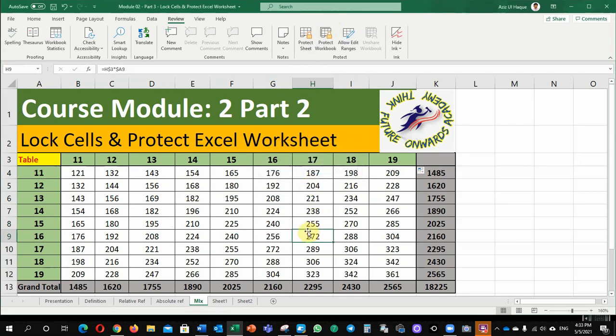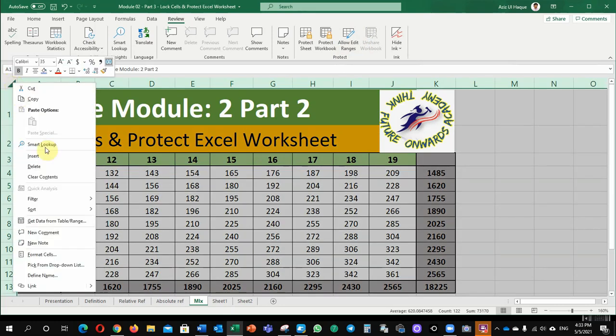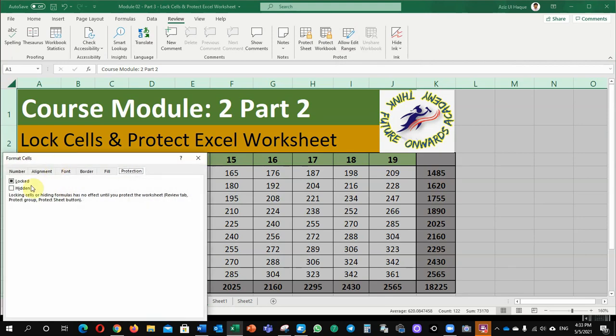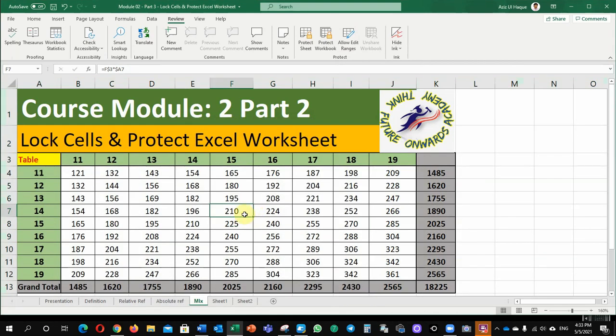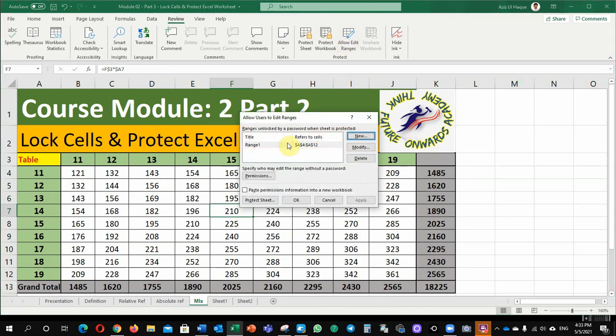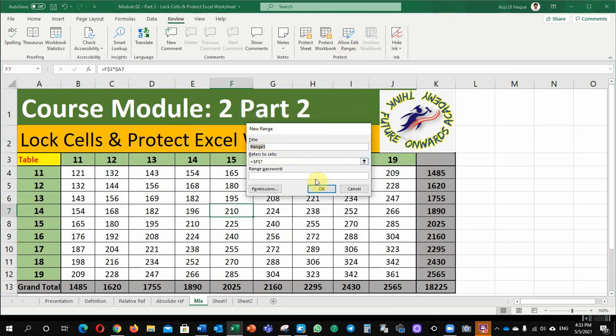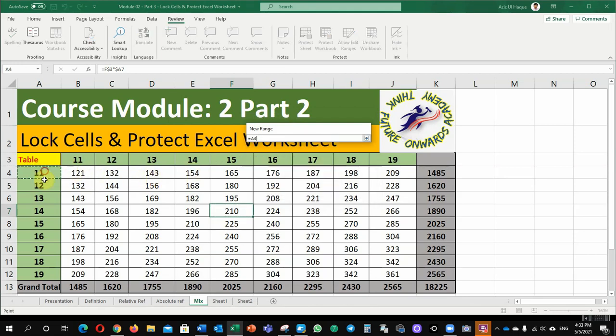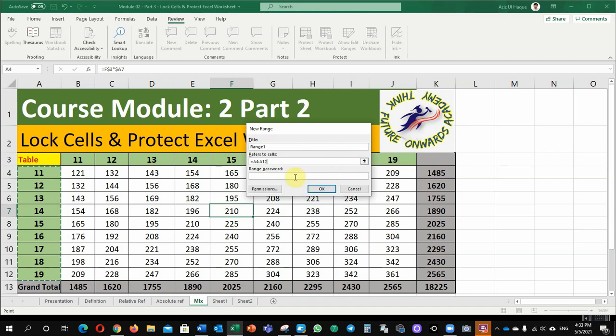You will find the option here in your Excel, Allow Edit Ranges. First I'm going to make the Format Cells locked. Now go back here. I had already made one. I will delete it and create a new one for you. The range is this one. I'm going to give it the range from here to here, and a password.